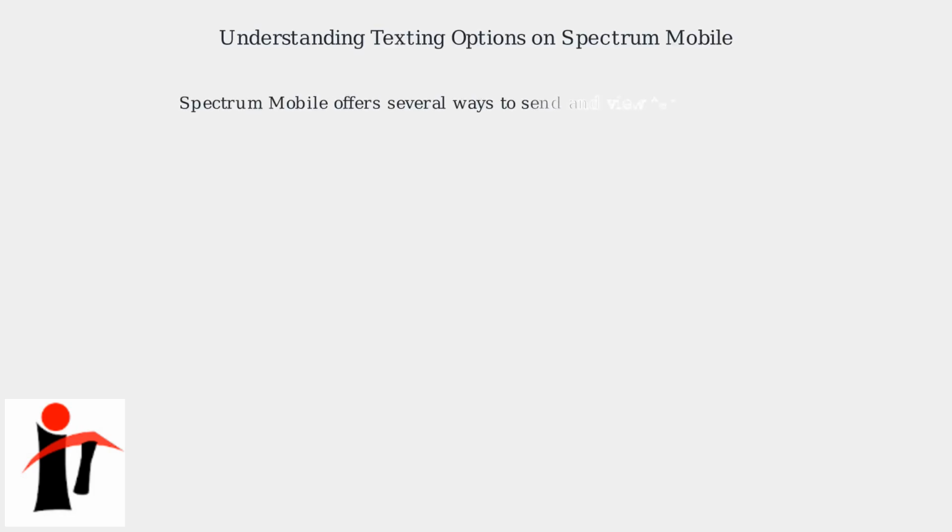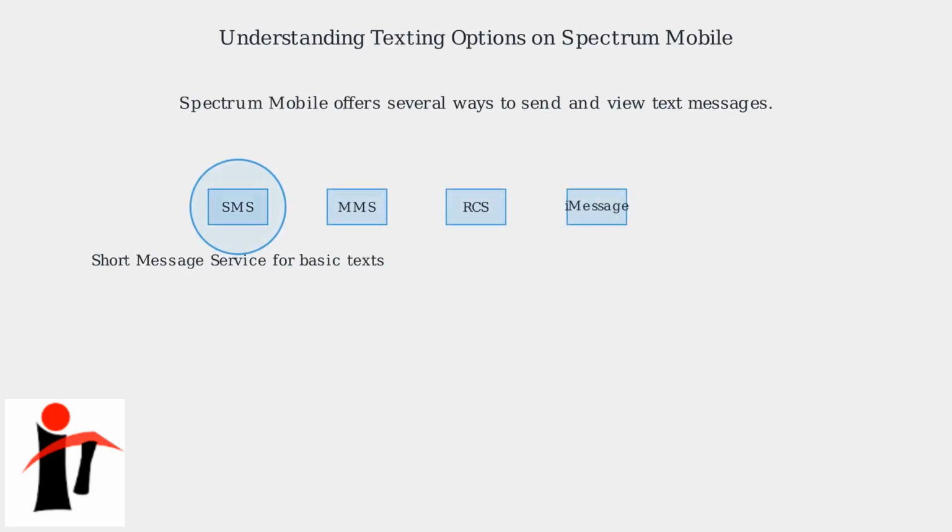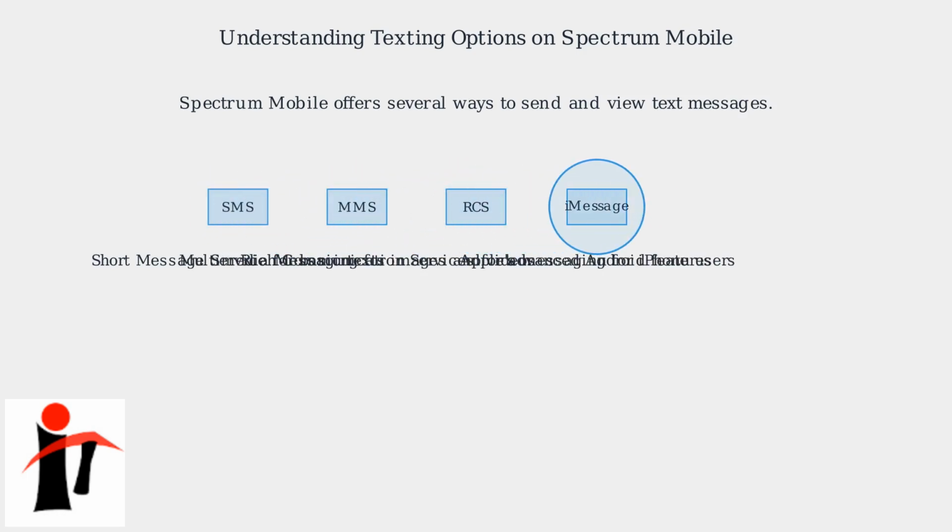Spectrum Mobile offers several ways to send and view text messages. The primary methods are SMS for basic texts, MMS for media like images and videos, RCS for advanced features on Android, and iMessage for Apple devices. SMS handles basic text messages, MMS supports multimedia content, RCS provides rich features for Android users, and iMessage works on